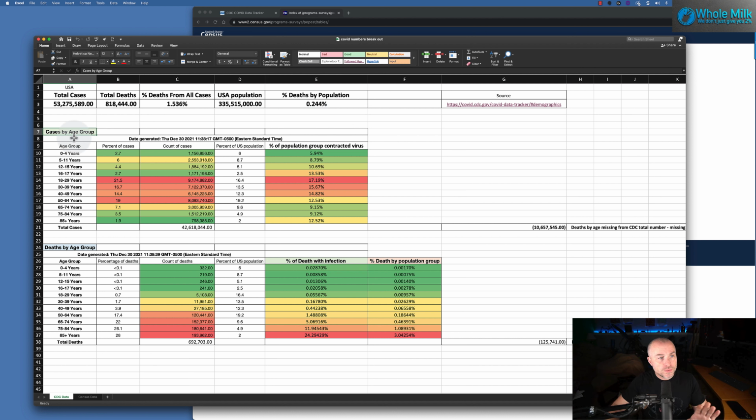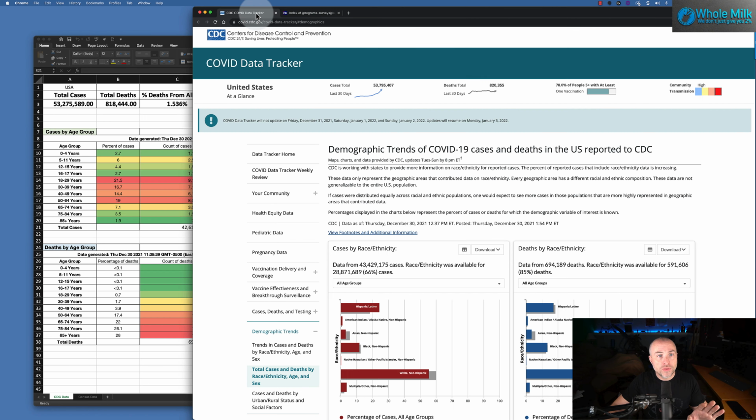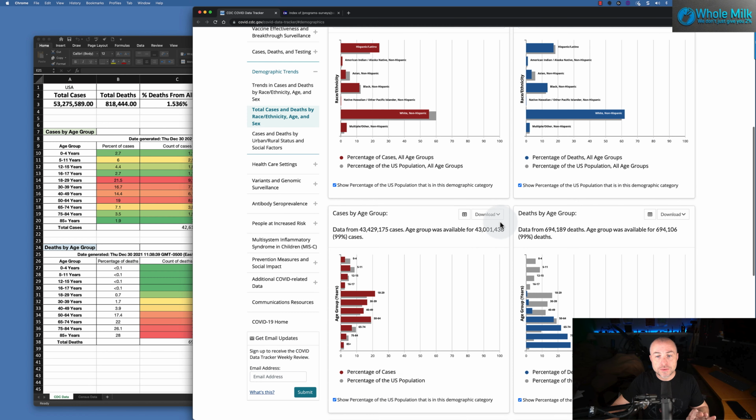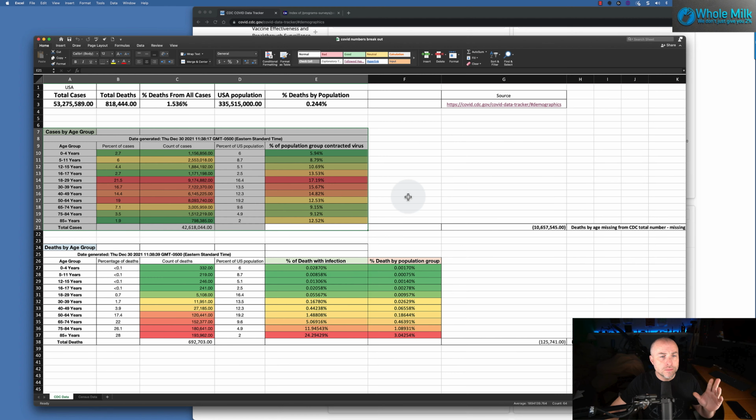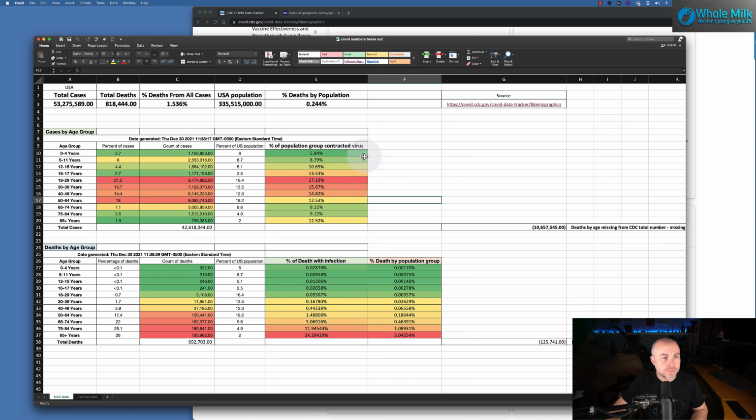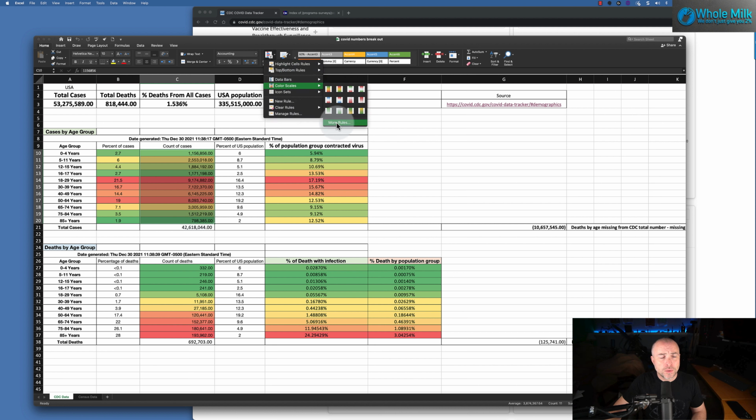So this table right here is right out of this data drop down. So download the CSV file, you drop it down, you clean it up a little bit, give it some highlighting to make it easier to read. And I did some conditional formatting on these columns. You just got to highlight columns, click conditional formatting, and then pick how you want your items to be colored. I'm coloring these, the higher the number, the more red, the lower the number, the deeper the green.